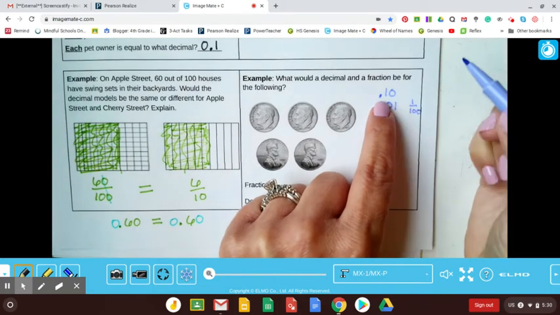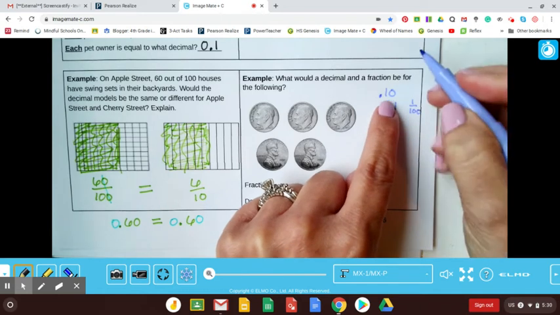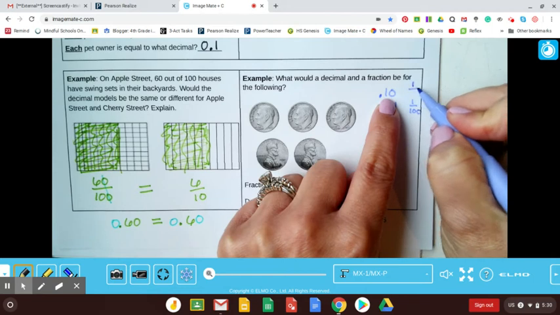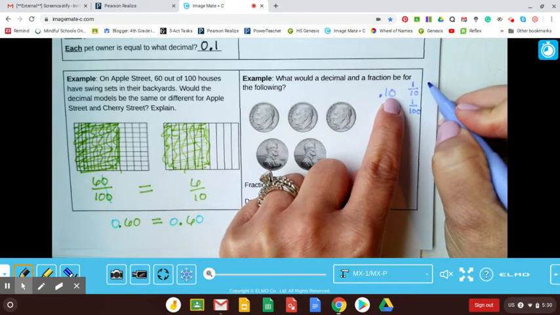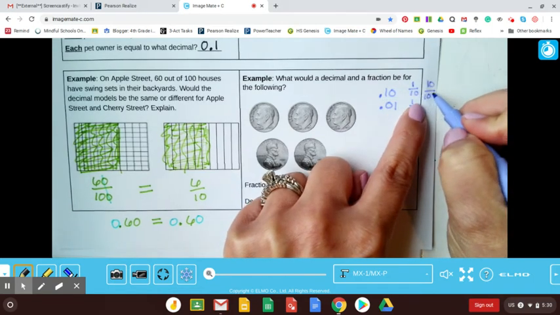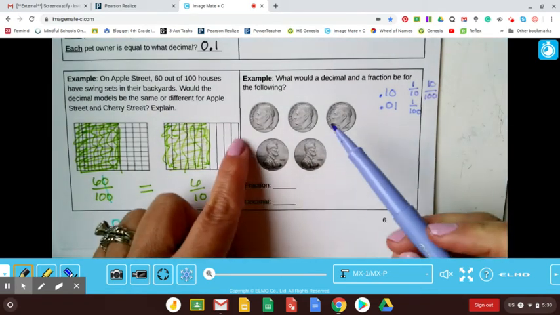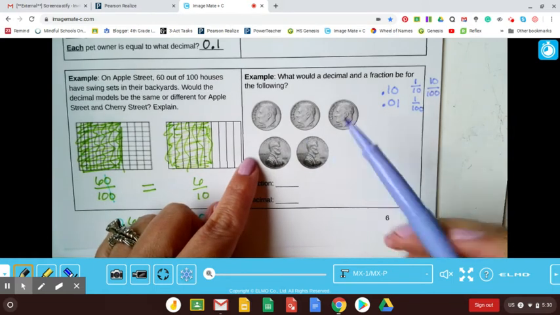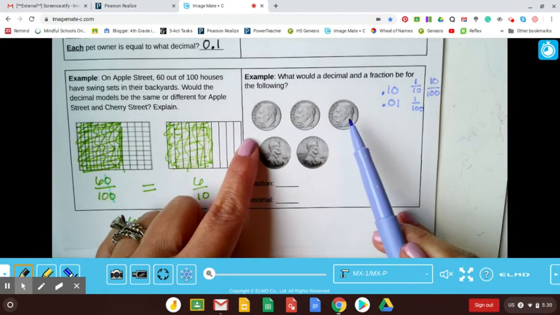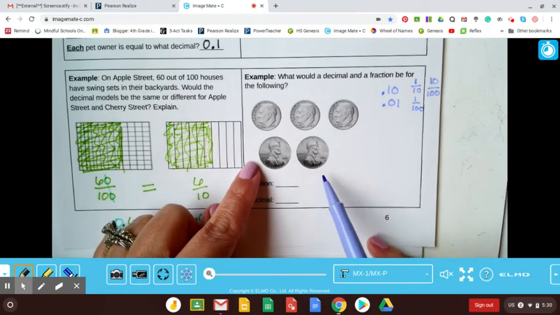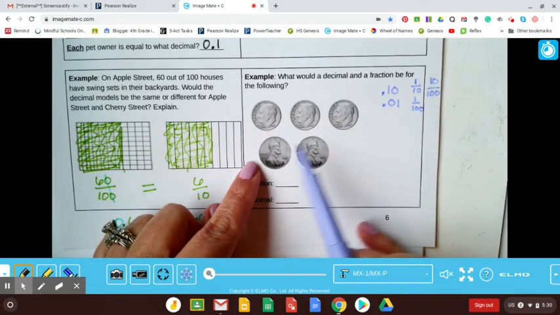And we can say for 10 cents, we have 1/10, or we could say 10/100ths if we're talking about $1. So let's see, how much money do we have here? We have 1, 2, 3 dimes, so that'd be 30 cents. And we have 2 pennies, so we have 32.